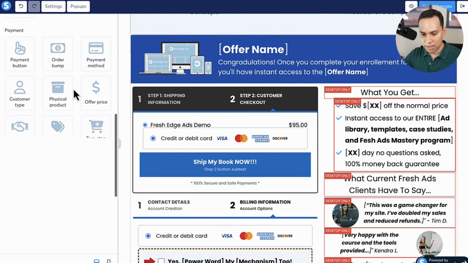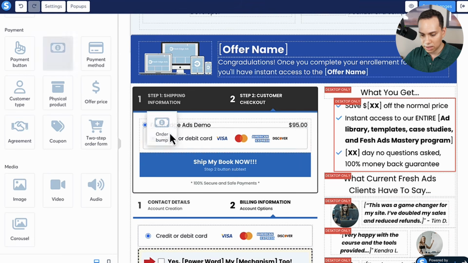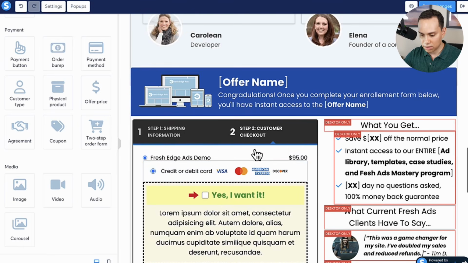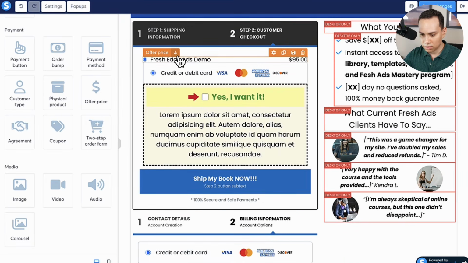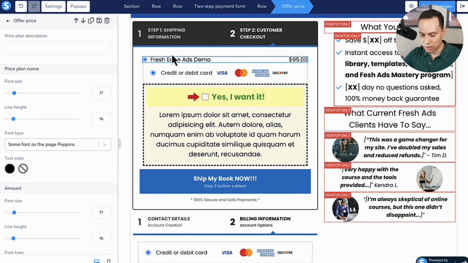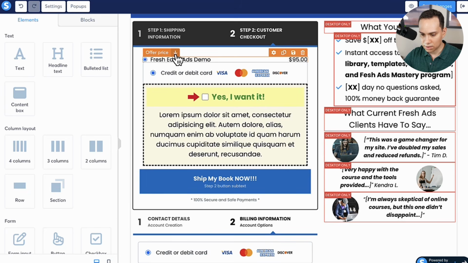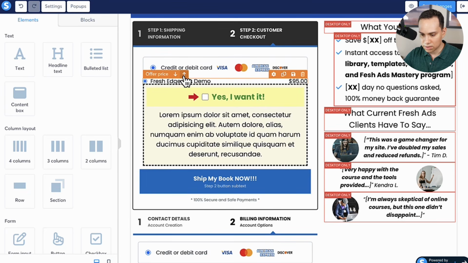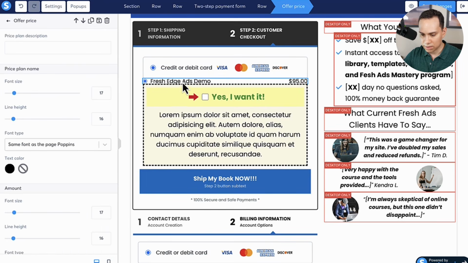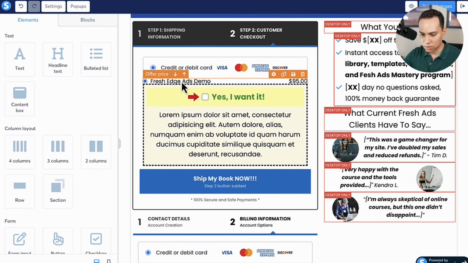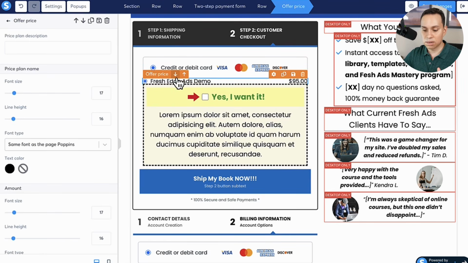So I would put it in step number 2, and I go ahead and click, and I drag the order bump element here, and I will put it right beneath the credit card. And then I'm actually going to move the summary of the order down below, because what will happen, when you see when we create our payment settings, wow, Systemi, you're making me